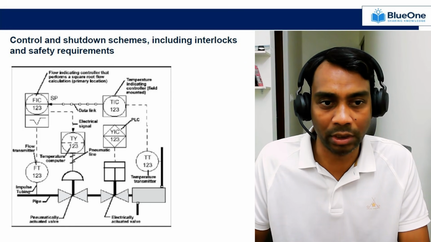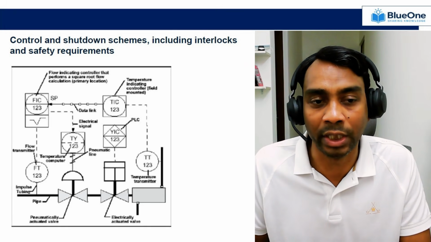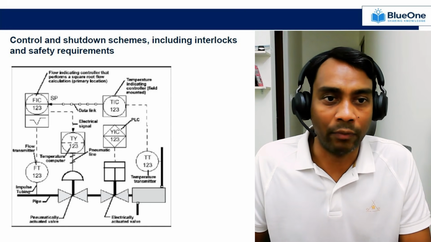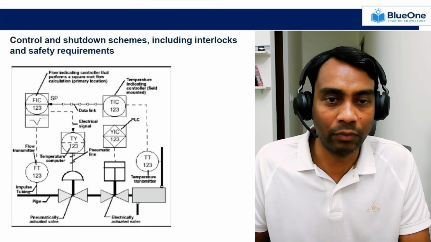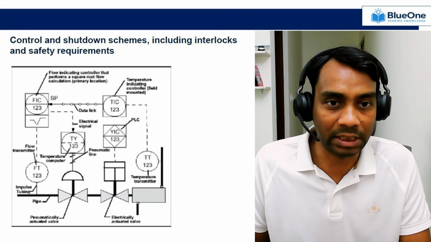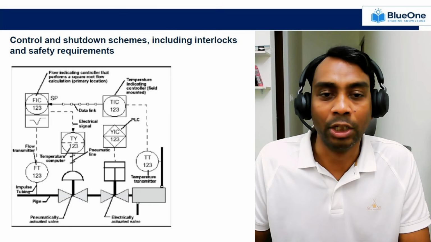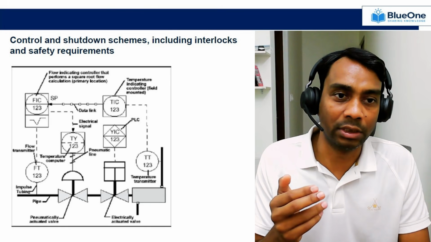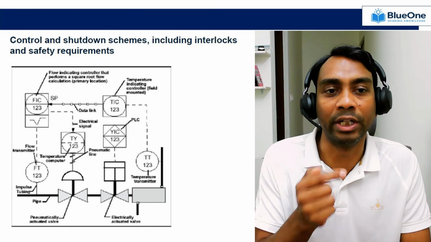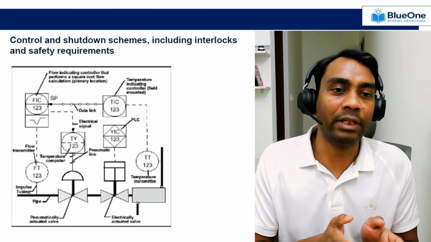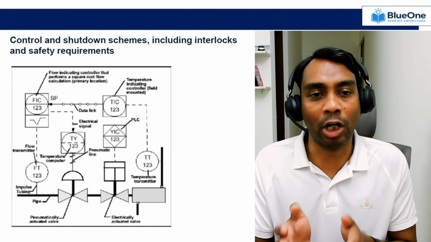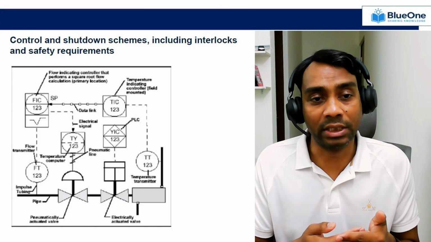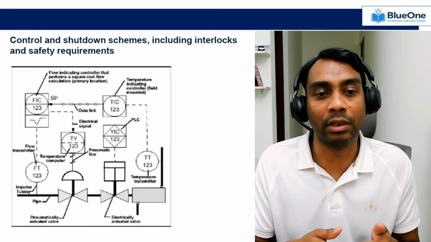So if you see here, there are two driving factors. One is your flow transmitter FT123, which is installed in the field, which is sending an electrical signal to your FIC123. Further, this FIC is also receiving a set point from the TIC, and this particular TIC receives a signal from TT123. So you have your temperature transmitter sending a temperature signal to your TIC, where it calculates a set point and then it sends it through the data link to the FIC, and FIC will send the analog output or electrical signal to the TY, and then TY will convert that signal into a pneumatic signal and give it to the actuator,